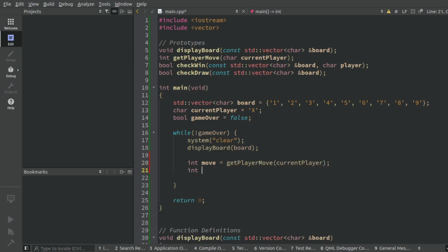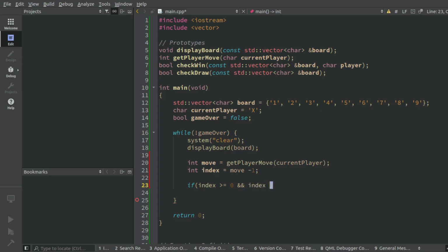Next, I'll create an index, and that'll equal move minus 1. I then need to double check and validate the move. So in order to do that, I'm going to have to check this index. So the index is greater than or equal to 0, and the index is less than 9,